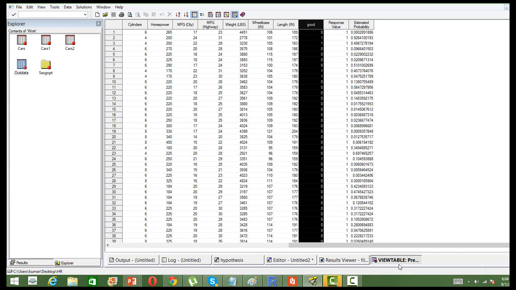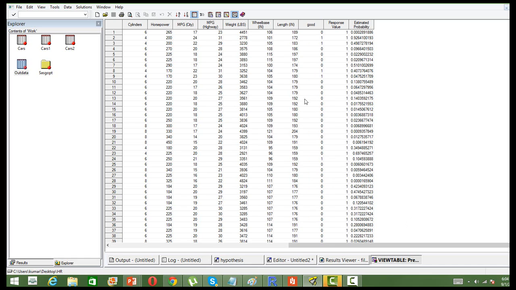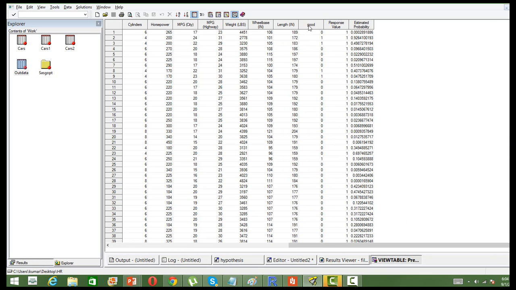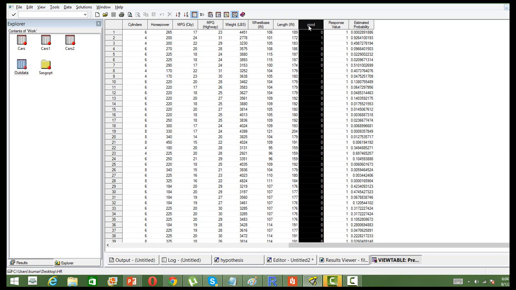You get the point? And why are you doing it? Once we have this model in place, we do not use this model for this data, because for this we already know what is a good or bad data. For new data, this column will not be there. For that, we will be scoring the data set, and I'll tell you how to score. I have a video on this, again you watch it. This is the next step, how we do scoring and all. Just do it till this point.